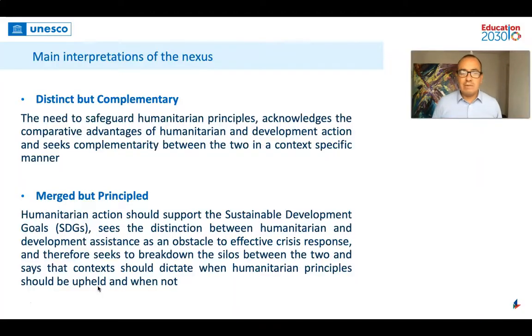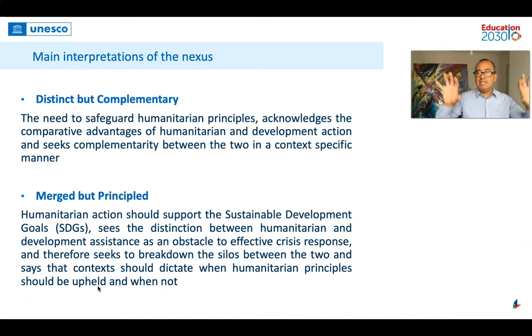And when we are talking about the humanitarian and development peace nexus, there are some interpretations that are now on the table in this specific case. There is the first vision, that is the distinct but complementary. That means that we need to safeguard humanitarian principles, acknowledging the comparative advantage of humanitarian and development actions.